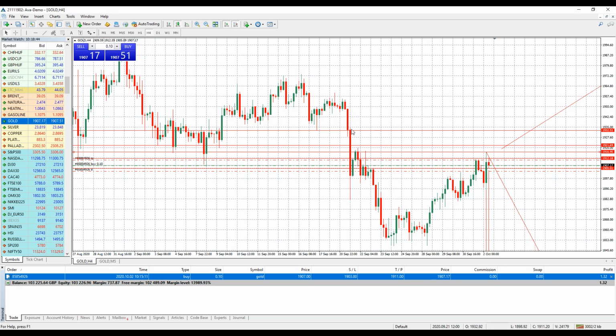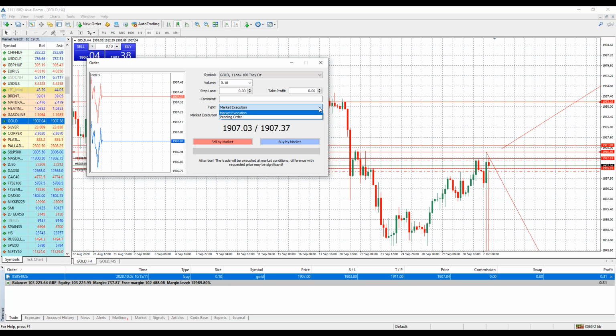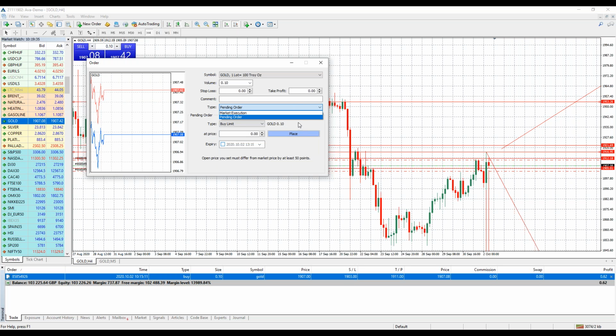What happened here when this support level here broke? Look at the drop. If there's that kind of momentum today, you could see the same thing happen on the way up. It dropped that quickly. It could go back up that quickly. And in fact, instead of having your take profit at this resistance, you might mirror what happened here. It dropped this whole distance with big news. If it breaks back above this resistance, it could fill that distance just as rapidly. Okay? So what we're looking at then is a buy stop maybe up around 1920, 1921, let's say. So this strategy, a technical strategy, it's a breakthrough strategy, pending order, buy stop